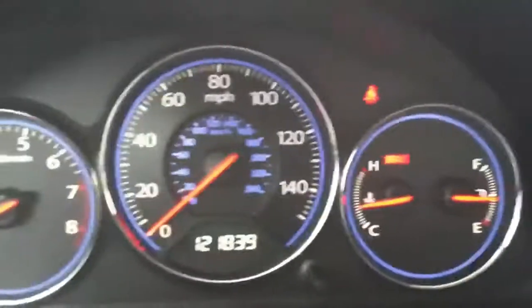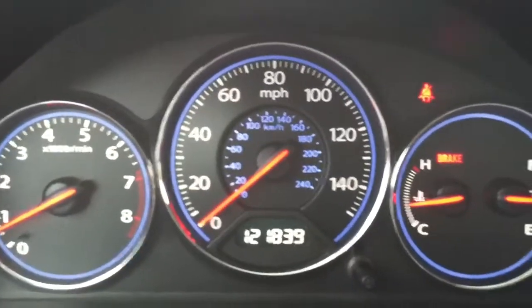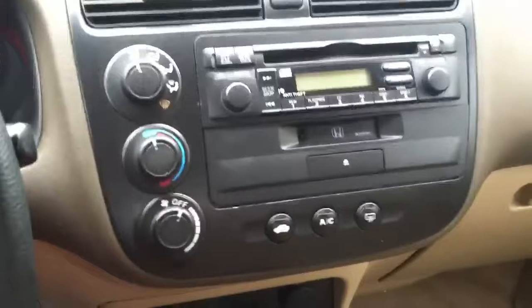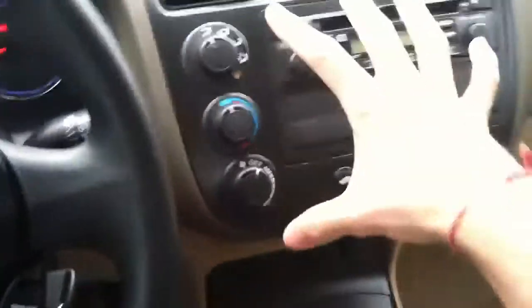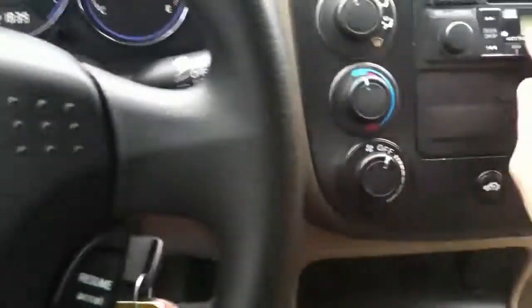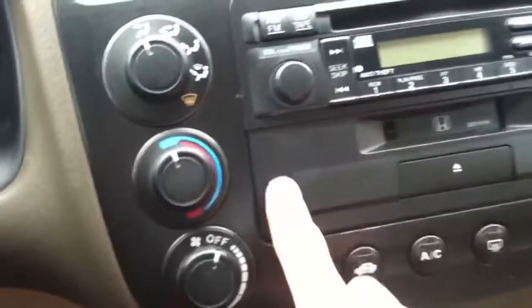These are really pretty gauges. I wish I could keep these. I really like these gauges, but again, I do like the Fiestas too, so oh well. I can't really comment on the fit and finish of everything in the center console because it's been removed about 10 billion times. And I didn't even really screw this radio in. I just kind of threw it in there, so you can see it's kind of...